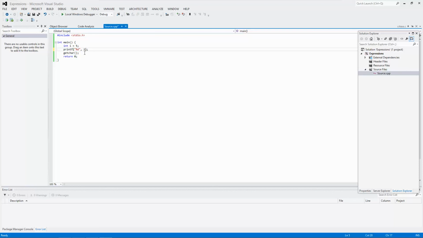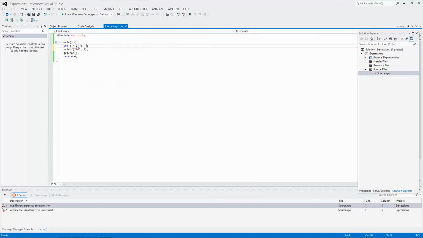Then I declare A is 2, B is 3 and C is 4, and if we write something like A equal B equal C,